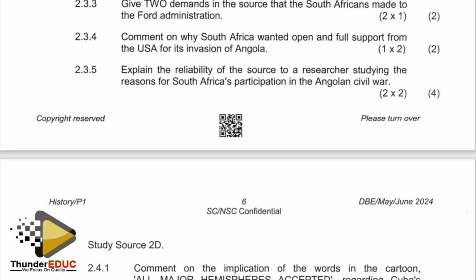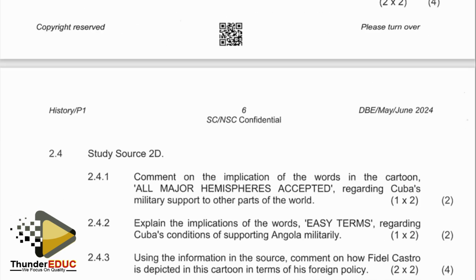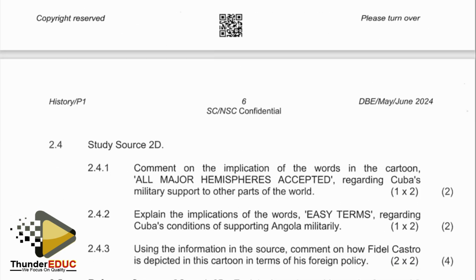So it having something to do with Angola implies that they wanted to gain some form of relevance in their involvement in Angola. So we can argue that South Africans wanted to also get some form of relevance in their involvement. So if they were relating to America, then the world would justify that it's because of America that South Africa is getting involved in the politics of Angola. Right, we go to question number